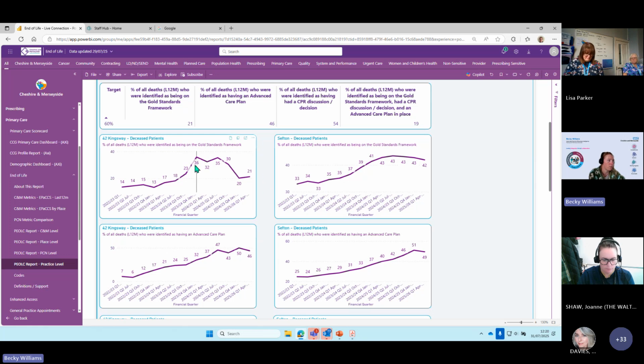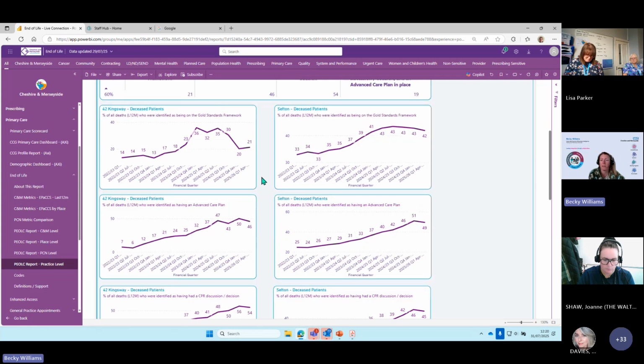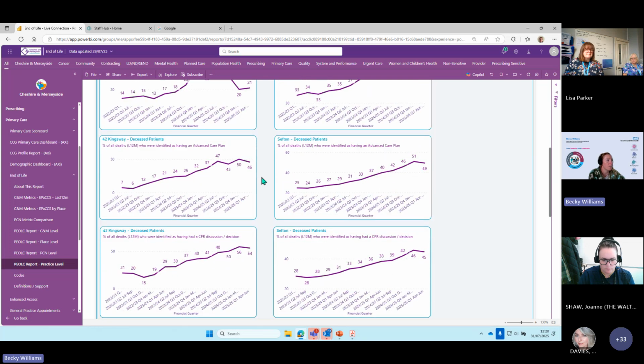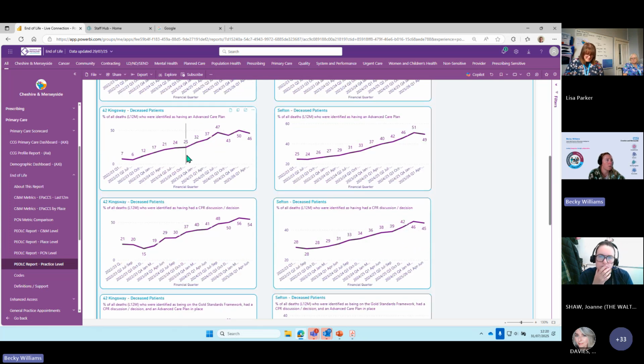So you can see the performance generally kind of tracking the Sefton average, slightly more volatile, and something has kind of changed in the last couple of quarters where the number of patients being identified has slightly declined. Might be worth a look. Same thing again as you work through the